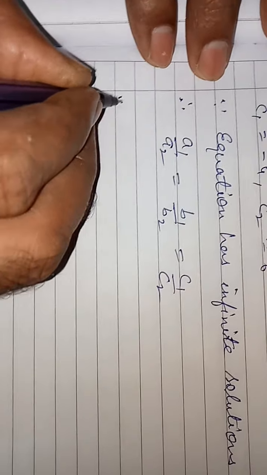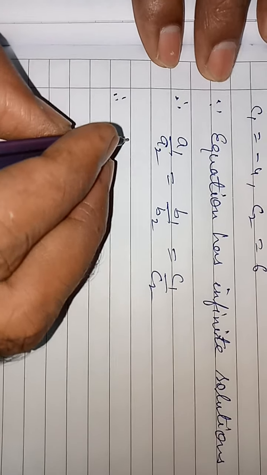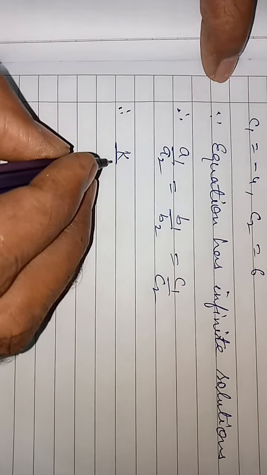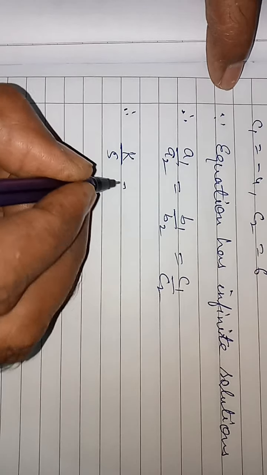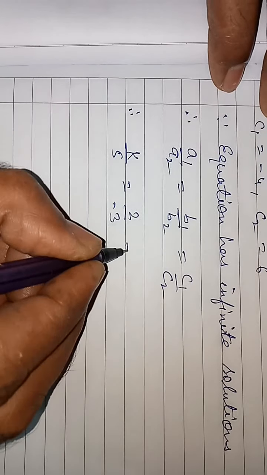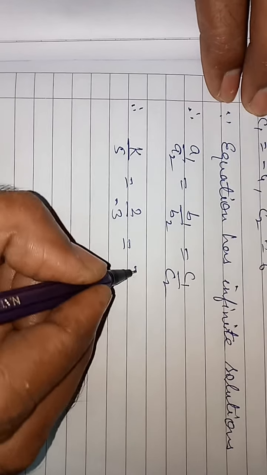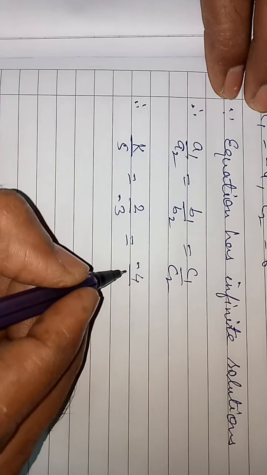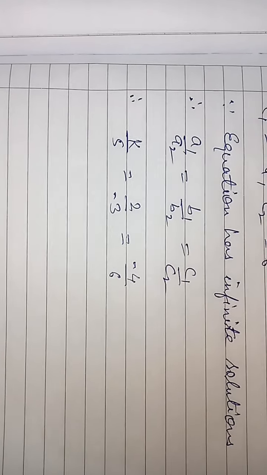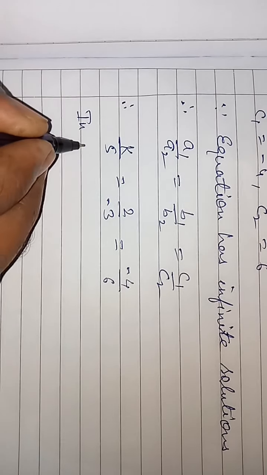So k upon 5 is equal to 2 upon minus 3 is equal to minus 4 upon 6. As we have done in previous question, in first case